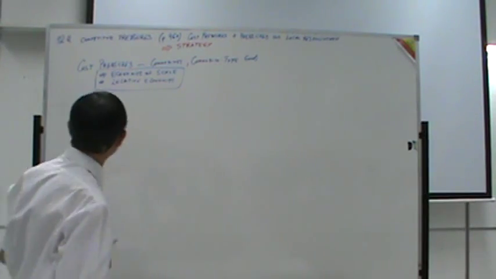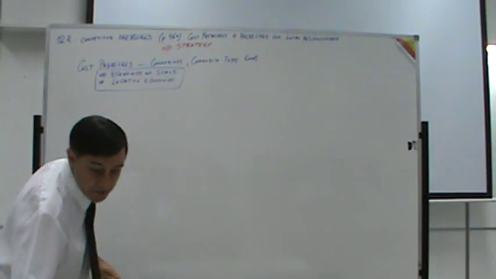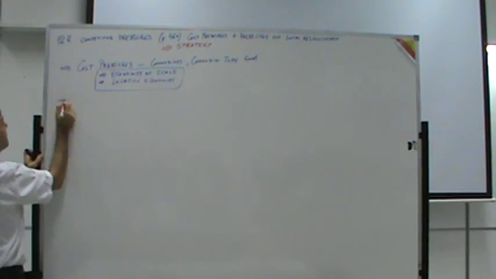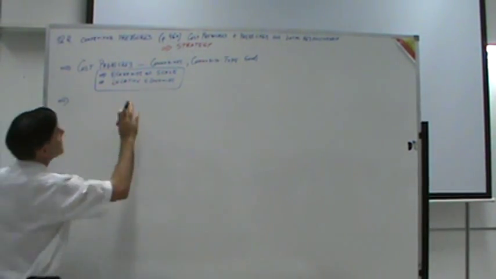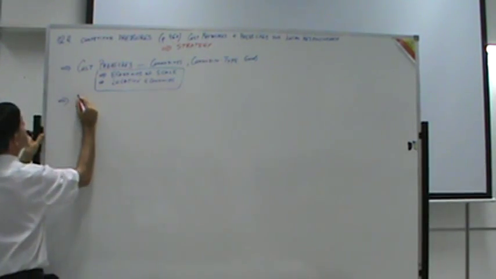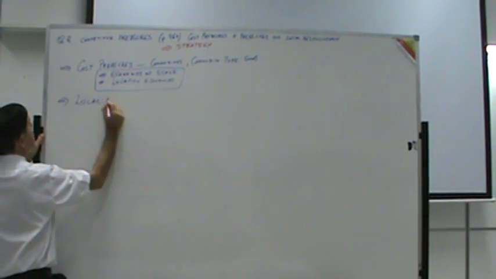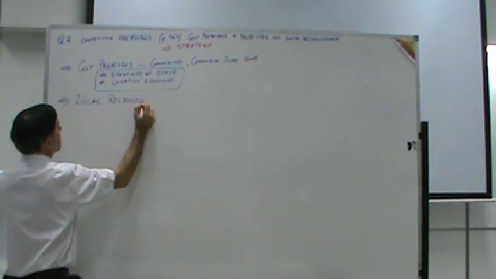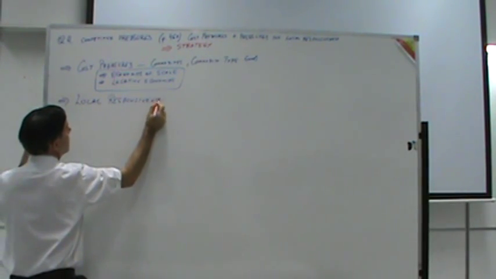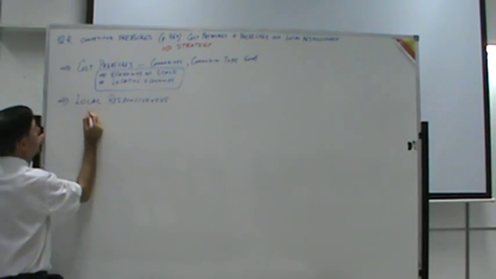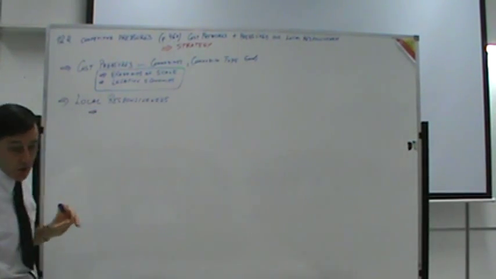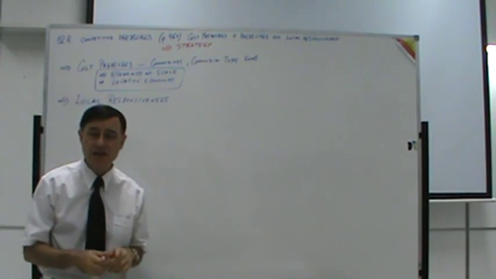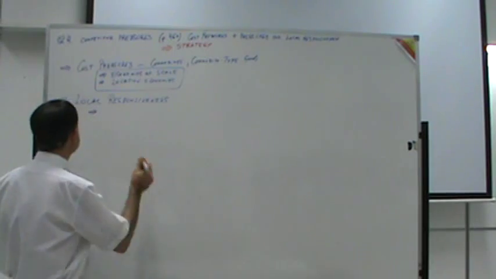Well, that's it. Two, local responsiveness. So this is the first big subsection. The second big subsection is local responsiveness. So, what determines local responsiveness? The most common one is